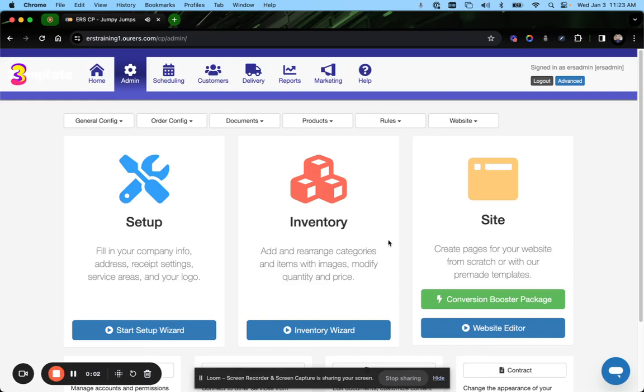Hello, in this training video, we're going to look at how to edit your categories and your items in the system. We will input your inventory for you as long as you provide that to us, but it's nice to be able to know how to make these changes on your own. We always want to empower you to have full control over your account and make any changes that you would